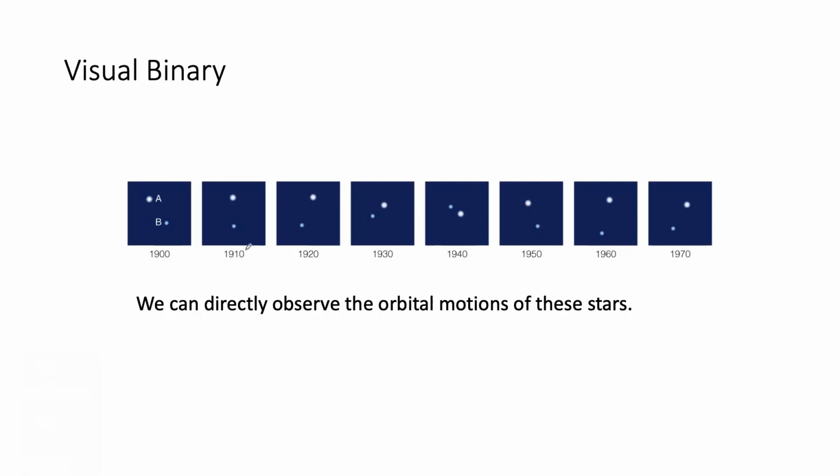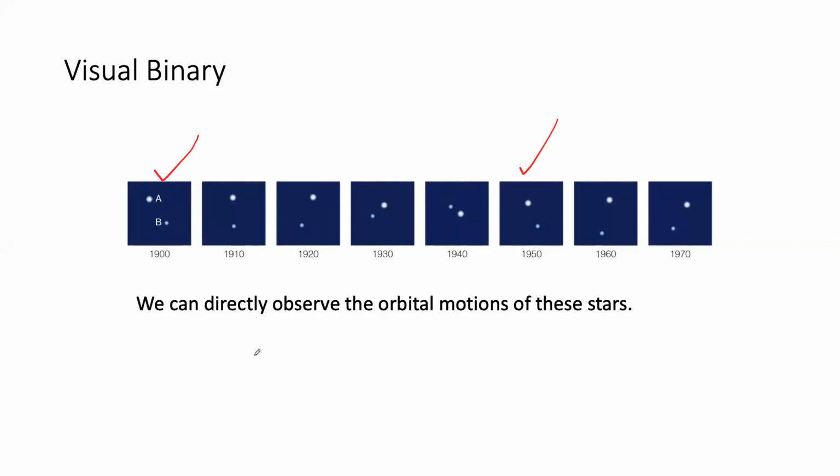Jerain, which one do you think best matches the year 1900? Hold on, I'm trying. It looks a little tricky. Okay, well, we're looking for a picture where A is on the top left and B is sort of on the bottom right. I was gonna say 1950. Yeah, I'd say 1950 also. Right, 1950. So from 1900 to 1950, that's about how long it takes for a full orbit, somewhere around 50 years.